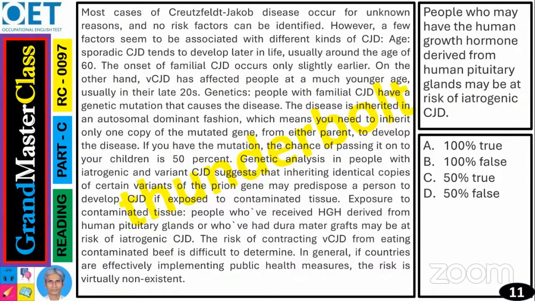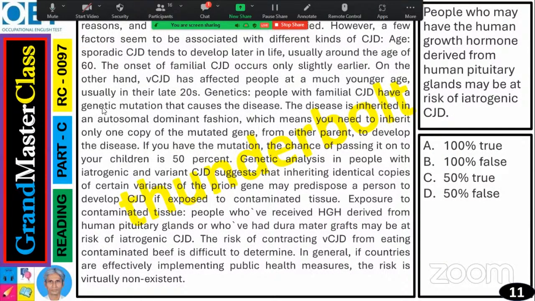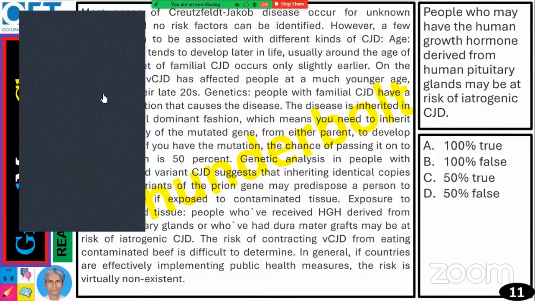Yes, you can submit the answer. This is actually only two options. Actually, C and D are by default wrong, self-defeating. I don't know how they can give 50% true, 50% false. 50% true means 50% false. 50% false means 50% true. It is like the glass is half full means the glass is half empty. There is no meaning. By default, these two are wrong answers. There is no way. If C is right, then automatically D is right. If D is right, then automatically C is right.